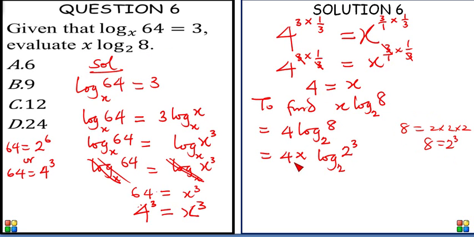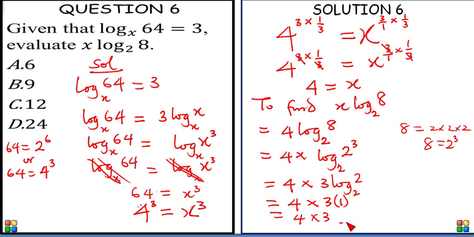Okay, let's move on. That's going to be 4 times 3. This 3 can come down to the front. That's one of the laws of logarithms. 3 log 2 base 2. Log 2 base 2 is equal to 1. So this becomes 4 times 3 times 1, and that is 4 times 3. What's 4 times 3? That's 12. Option C is the correct